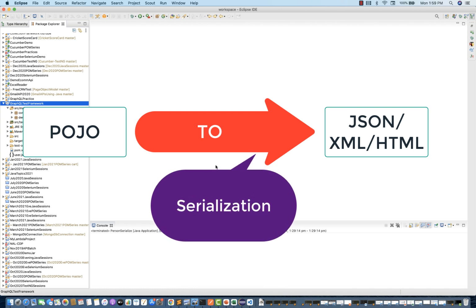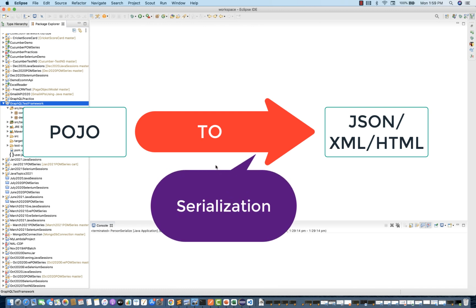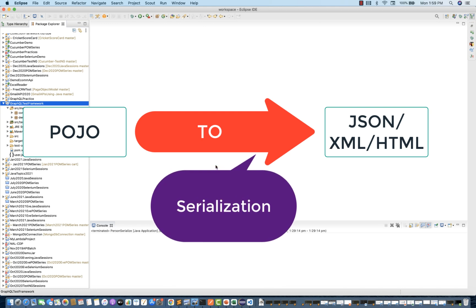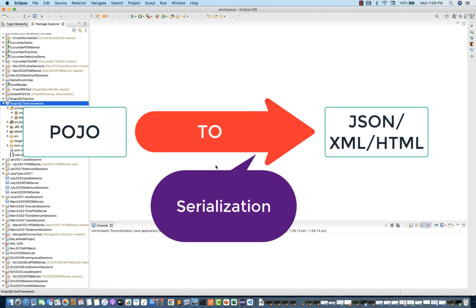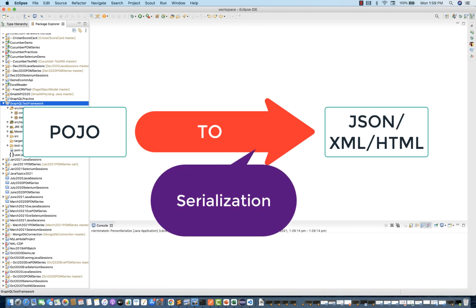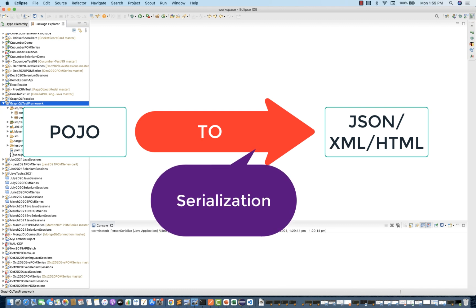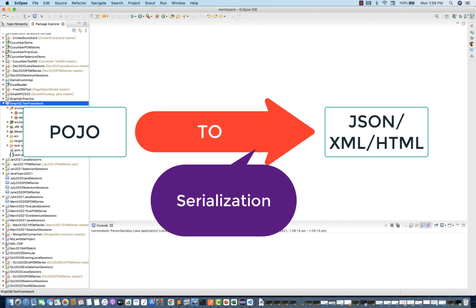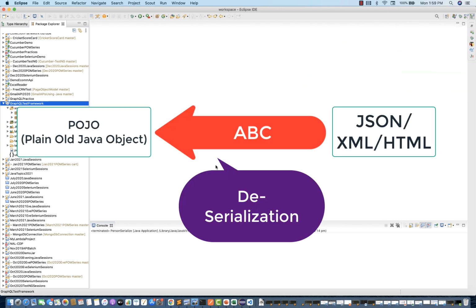You must have seen that a lot of people use serialization and deserialization in API testing. Whenever you have to maintain some POJO class and pass it in the form of a JSON payload in your API request, you have to first convert your POJO to JSON or maybe XML, then send the request with the API and get the response. The response again comes in the form of JSON, and then you have to deserialize it into the Java object. So how to do this?